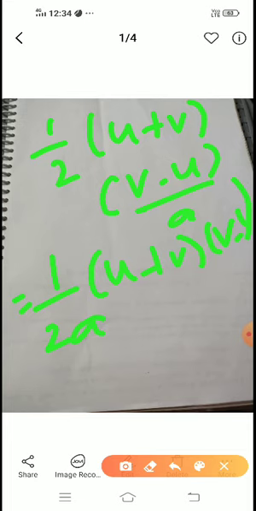Looking at this, you can find it is an algebraic equation. What is that algebraic equation? A square minus B square is equal to A plus B into A minus B. Therefore V minus U into V plus U can be written as V square minus U square. So I'm going to change this in this manner: V square minus U square divided by 2A is equal to S. Got it? This is how we are getting it.